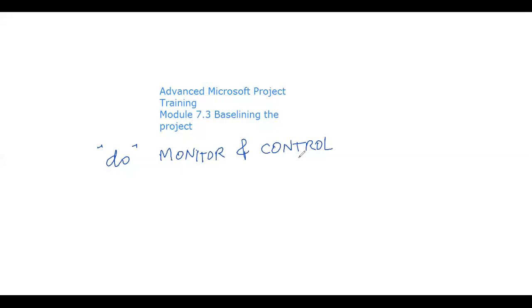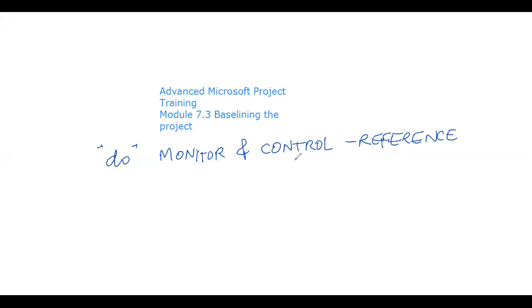So for schedule monitoring and control, which basically means we need to look at whether we are delivering the project in the expected time or not, and to some extent in the expected cost or not, for that we require a baseline, or we require a reference, and that reference would come through the baseline, or rather the baseline is the reference.